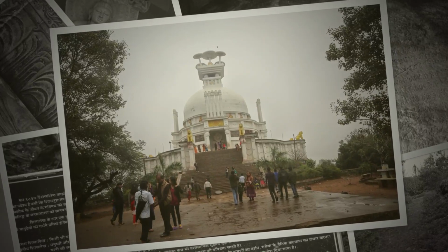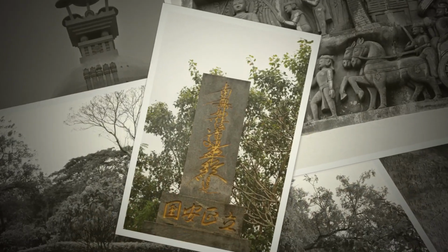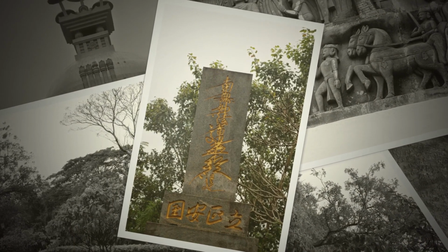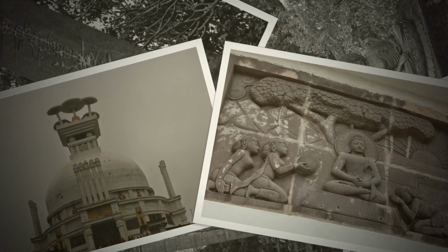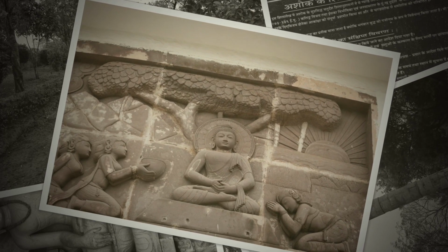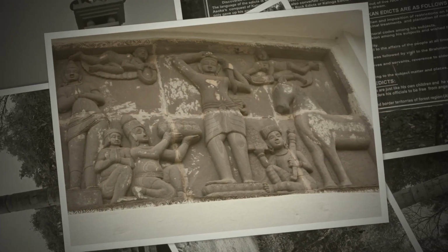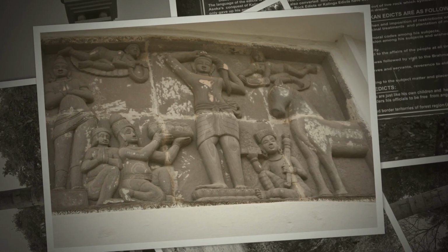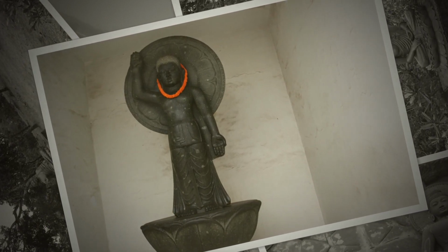The Peace Pagoda was built by the Japan Buddha Sangha and the Kalinga Nippon Buddha Sangha, and it was built in 1970. It's a nice peaceful place where you could spend some time. Dhauli itself is located on the banks of the river Daya, which is 8 kilometers south of Bhubaneswar in Odisha, India. It is a hill with vast open spaces adjoining it, and it is presumed to be the area where